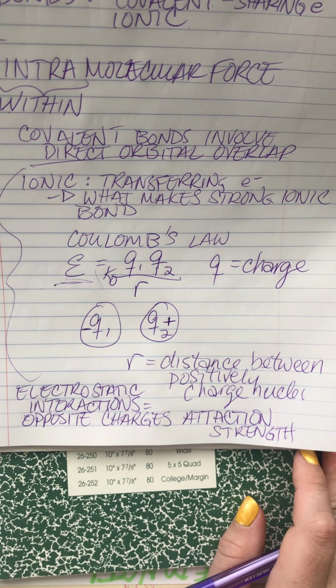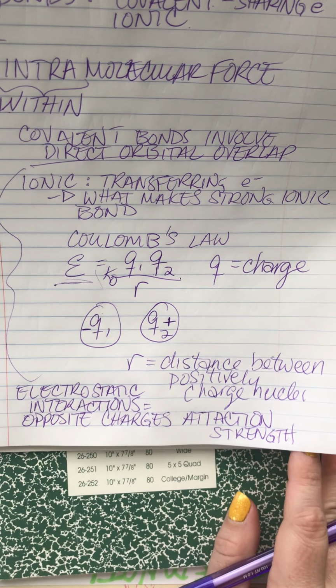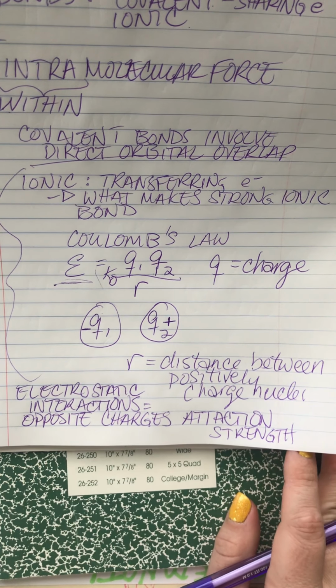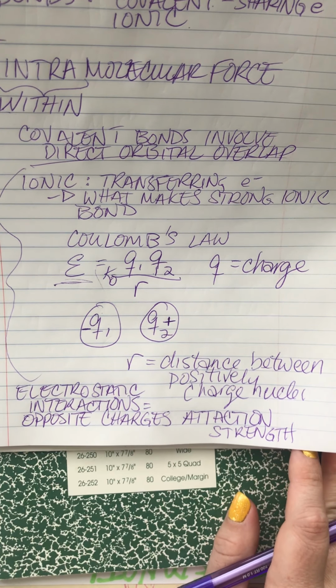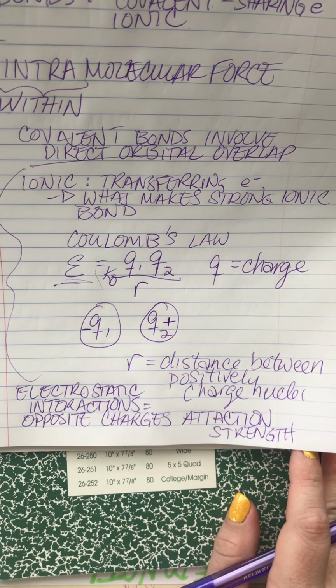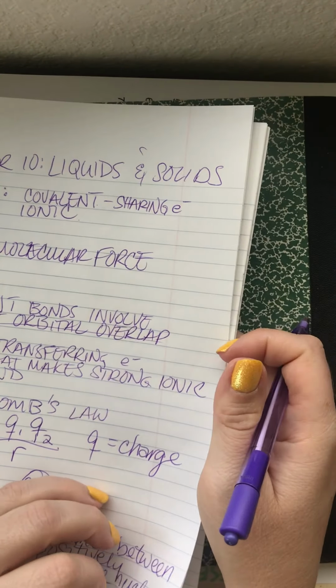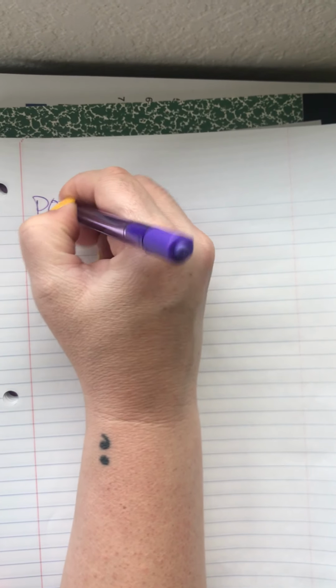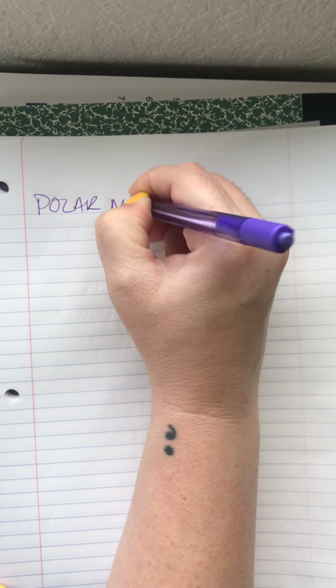So the reason why I wanted to make sure we touch on this is because electrostatic interactions occur between ions that have formal charges, but those electrostatic interactions also occur between molecules that are polar. They're not nearly as strong because they don't have formal charges, but it's the same type of interaction that we're dealing with. So, when we're talking about polar molecules,